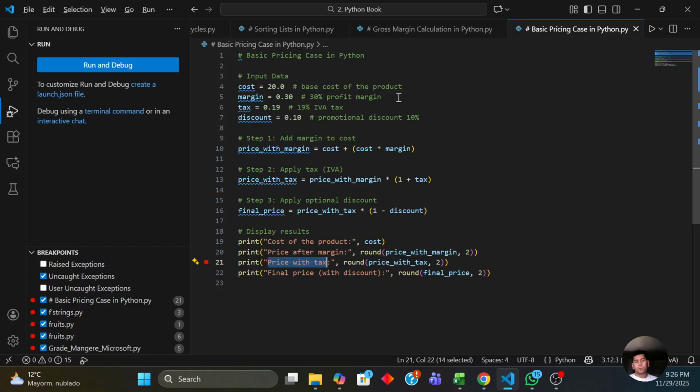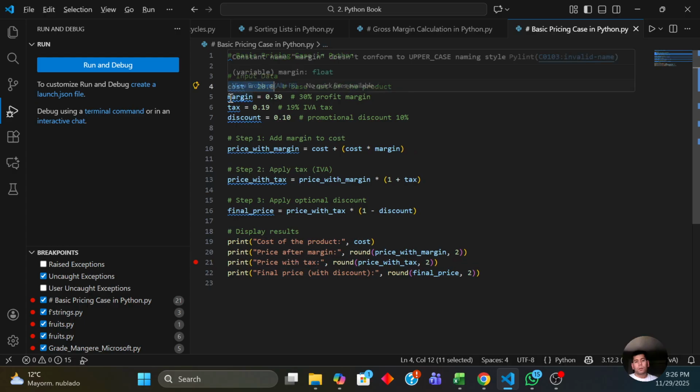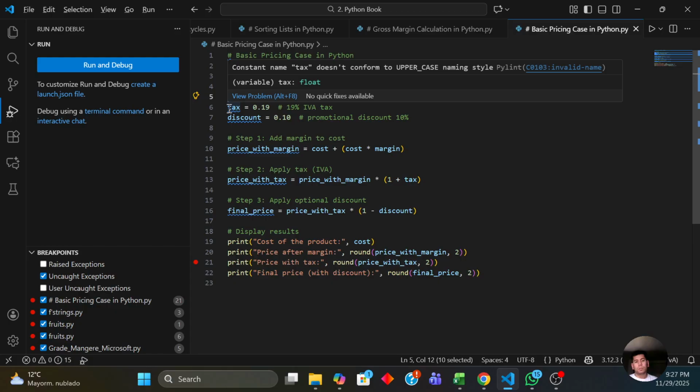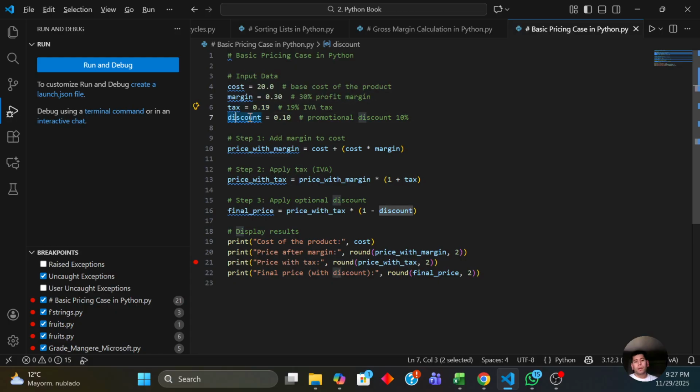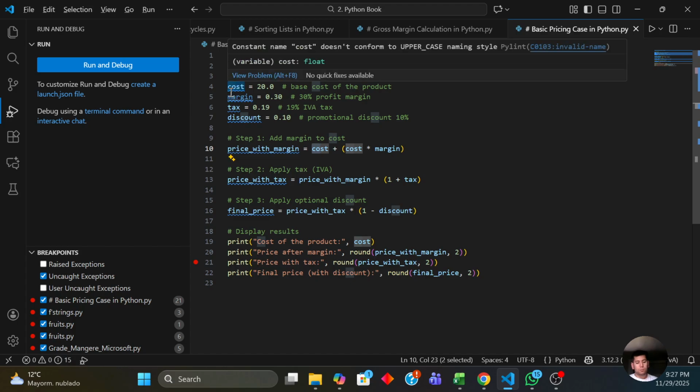Today we are going to see an example from real life on how to price a specific product. So we have the cost, a margin, which is a percentage, a tax, and an optional discount. The first step that you need to take is to declare a new variable, use the cost, this one,